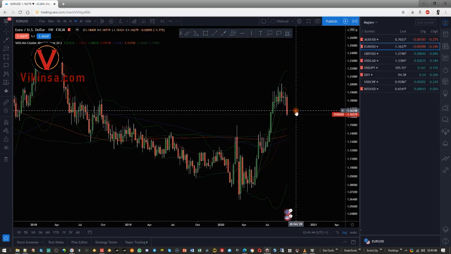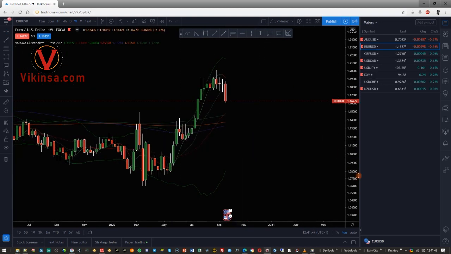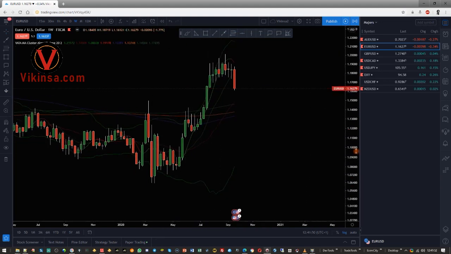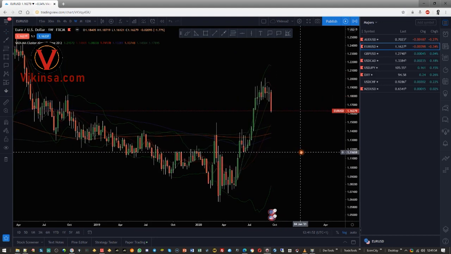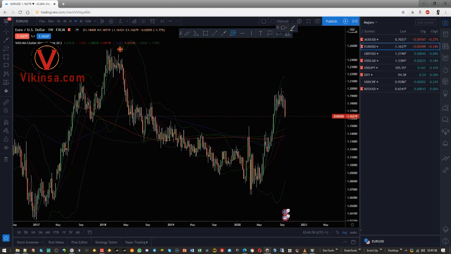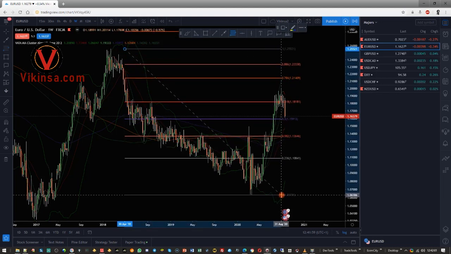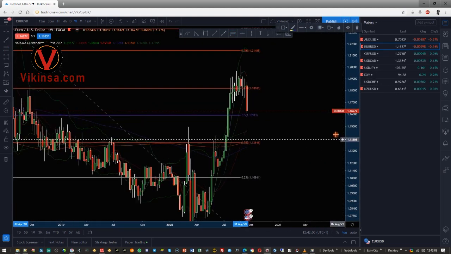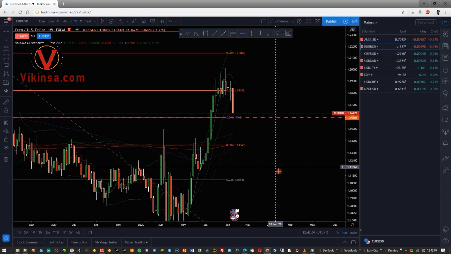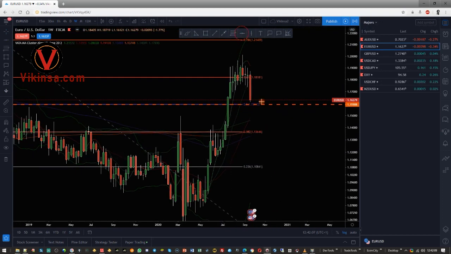Now what we can do here is we can see that market has created this W structure here, and that basically means that market is expected to go down. What we can do, however, is we can go and draw Fibonacci on this leg, and we can see that market is probably coming towards 50% leg right there. So that's an important level for us. Now another level to look for is actually this 38.2,